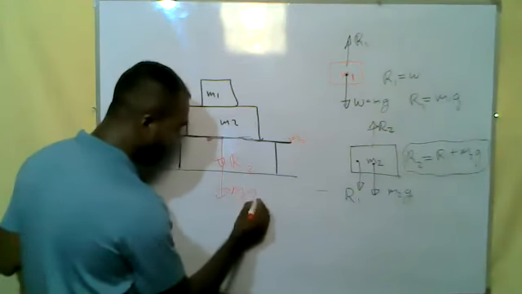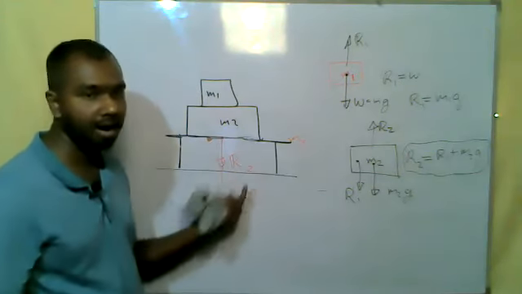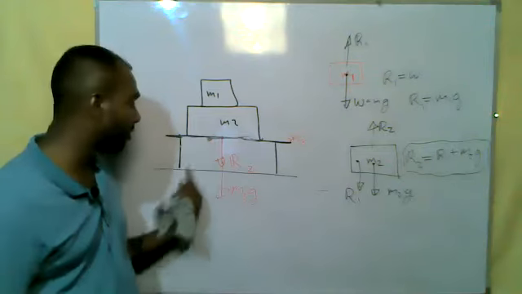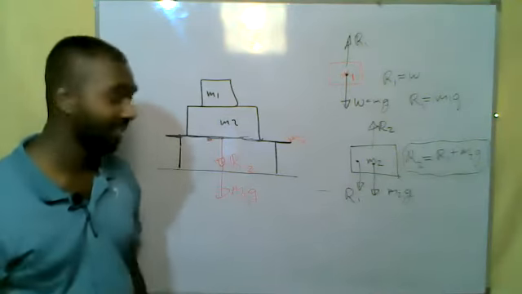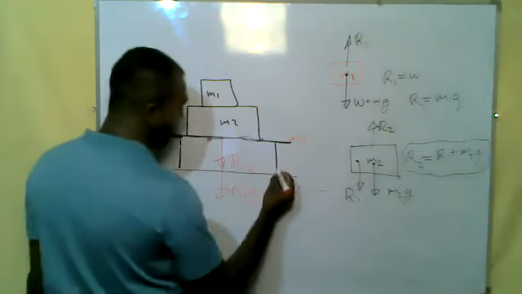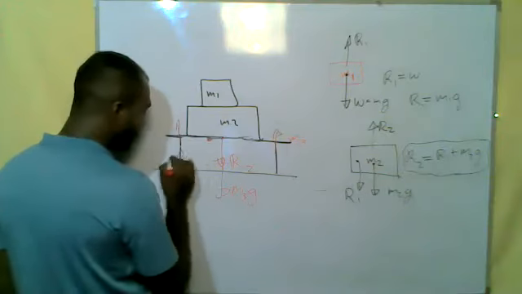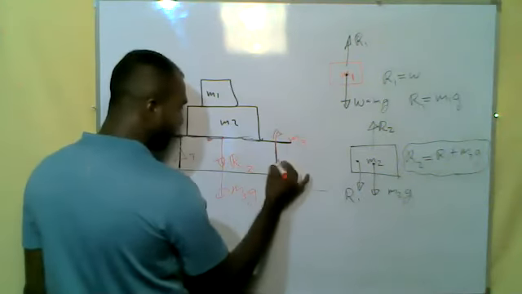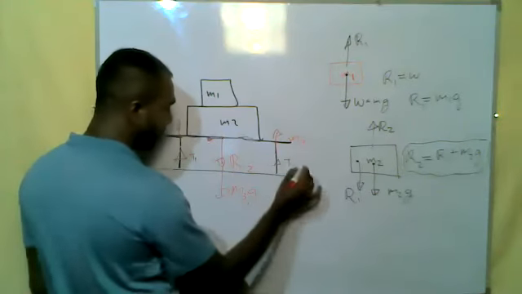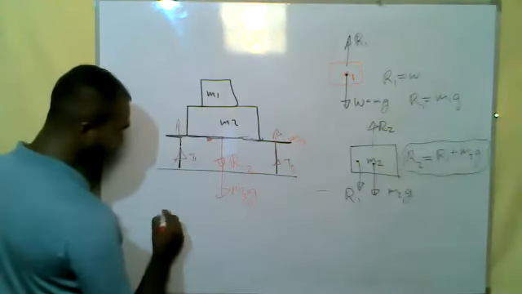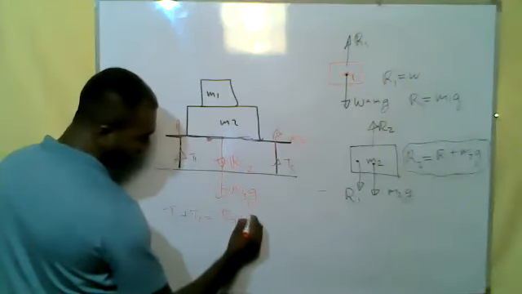M3 times G. And are these the only two forces acting on this table? No, can't be. Why? If there are only these forces acting on this side, the table should go under the earth. To stop it, what is happening? There are resistive forces from the ground on these legs. Let's mark them as T, okay. These can be either equal or not, T1 and T2. So the total forces will be T1 plus T2 should be equal to R2 plus M3G.